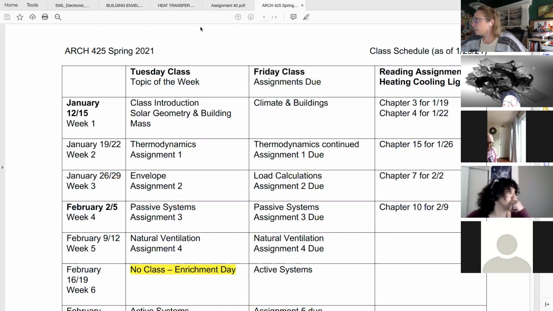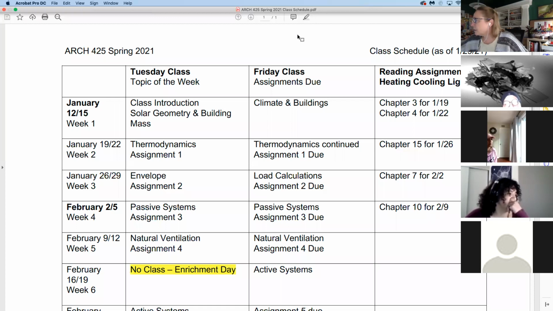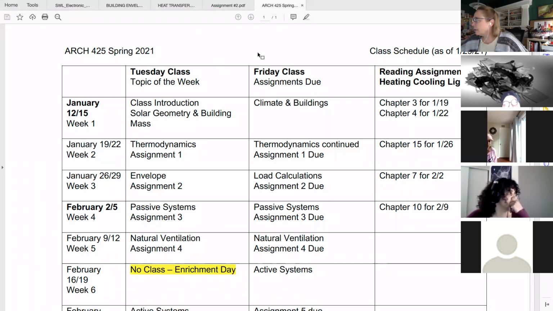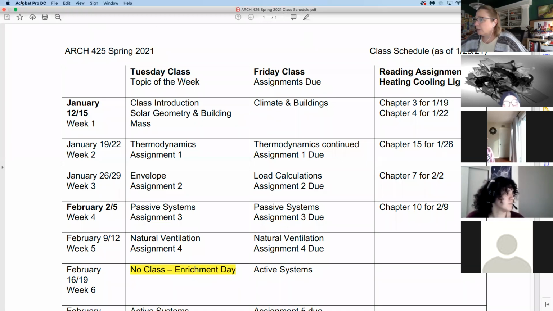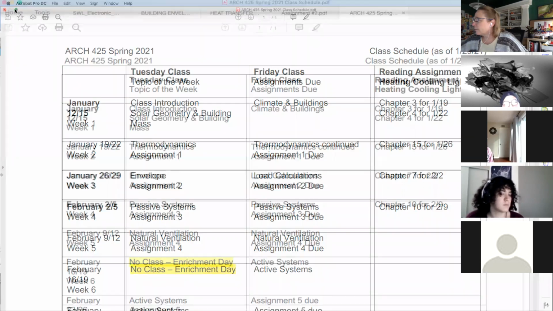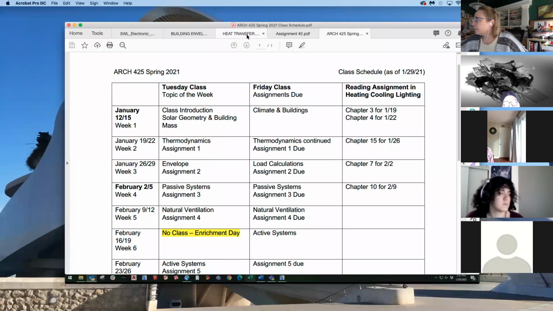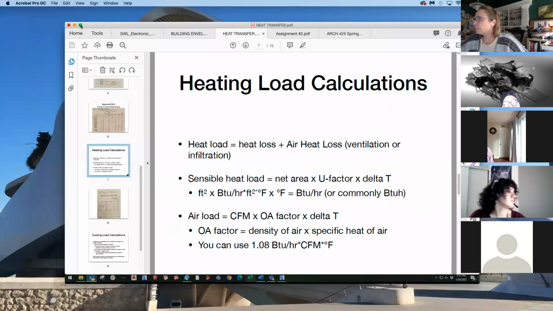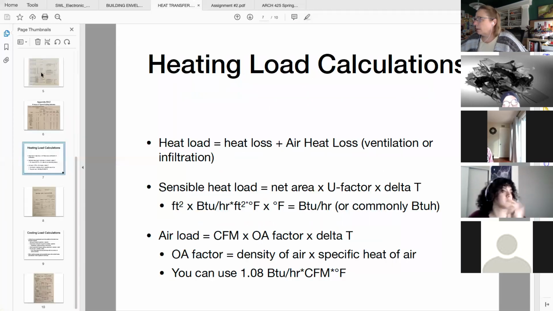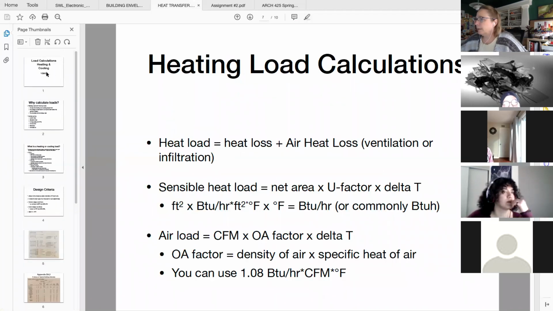Okay, I just want to move this. It keeps... I can't see my tabs. There we go. Heat transfer. Okay, so